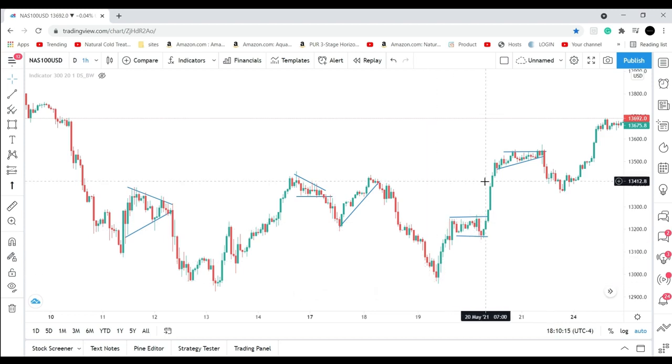That's it. Notice how the market is going up right here, but guess what? The breakout is to the what? To the downside. Okay, so that's why it's very important to understand these breakouts, so you won't be stuck when